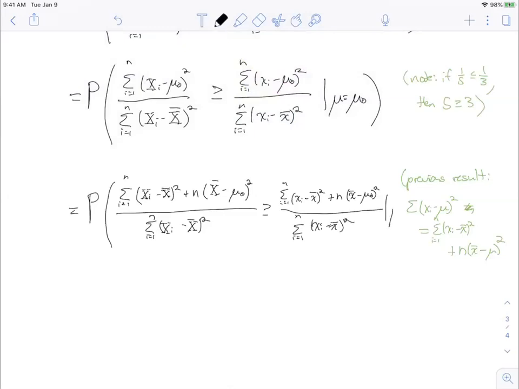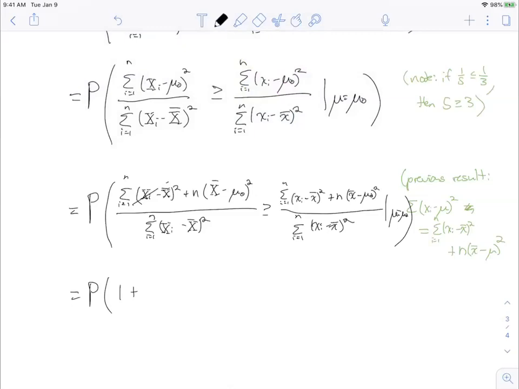And all of this is given mu equals mu 0. And then I can do a little cancellation. So on the left-hand side, I could split this fraction into 2 pieces by taking the numerator and making that into 2 separate fractions. And so if I do that, I'll be able to cancel out this one with the denominator, right? And so I'll have a probability that 1 plus,